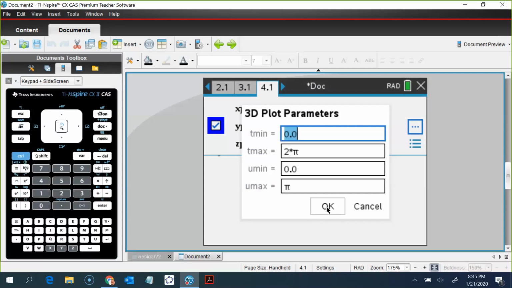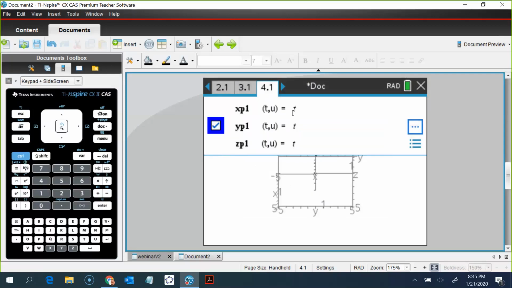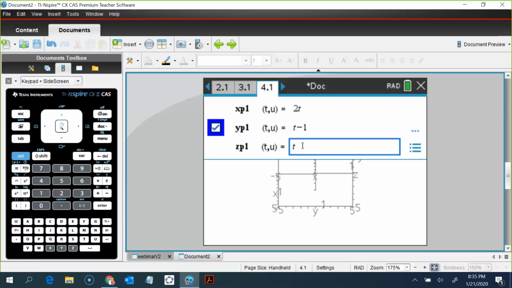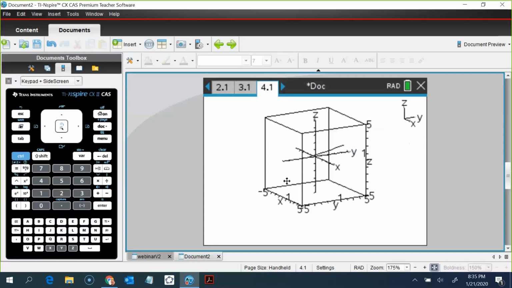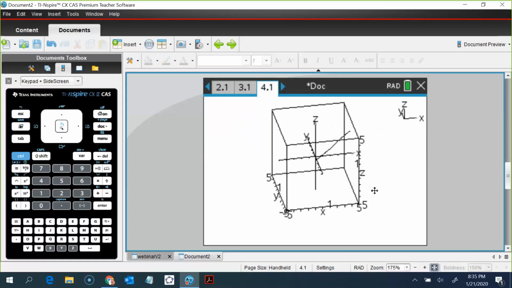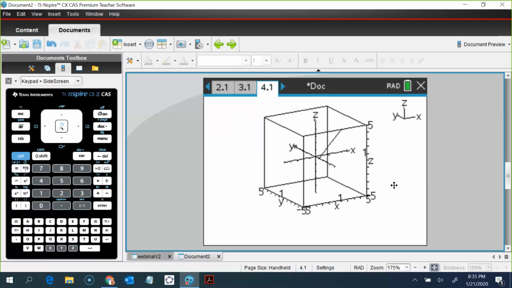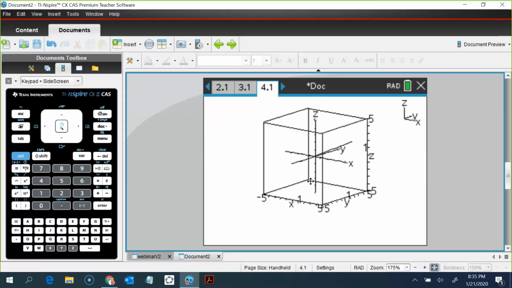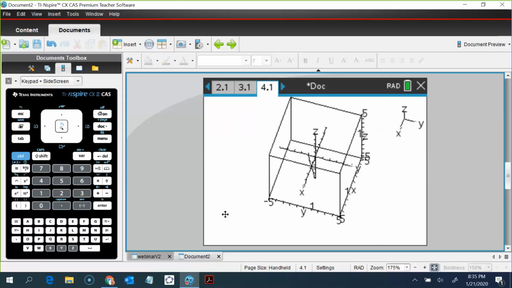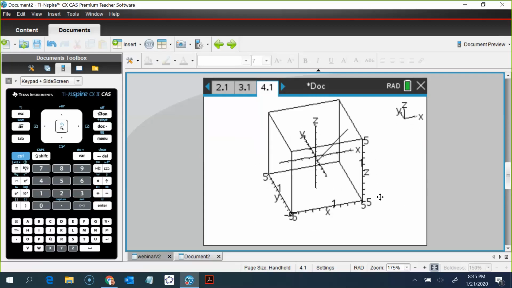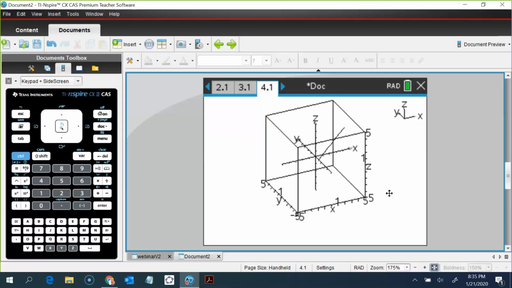But you could certainly change this, so I could make that a 2t, I could make this a t minus 1, I'll just leave this as a t, and if I graph this, now I get a slightly different line that does not go through the origin because 0, 0, 0 would not have been a solution. So you can graph lines in here, and I think that's probably a pretty good Algebra 2 thing, or if that's done in pre-calculus. I've strayed away from doing parametrics with my Algebra 1 kids